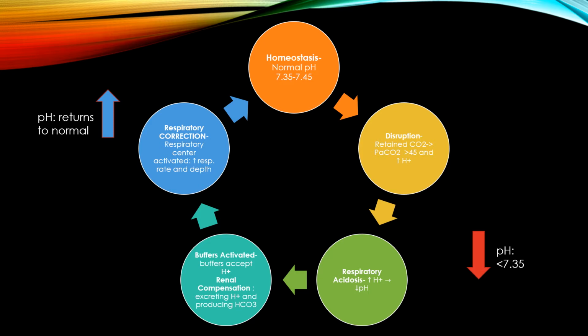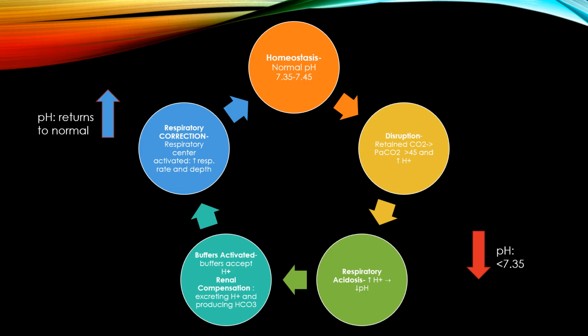Any of our normal quick-acting buffers are going to start accepting those extra hydrogens that are in the blood. Our kidneys are going to start to compensate by trying to get rid of the extra hydrogen. They're going to start excreting hydrogen in your urine, and they're going to start producing that bicarb to create that balance for that ratio of 20:1, like we talked about in the first lecture. And then eventually our pH will hopefully return to normal as that compensation happens,